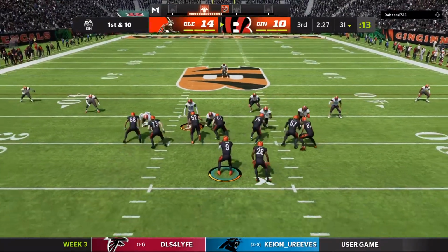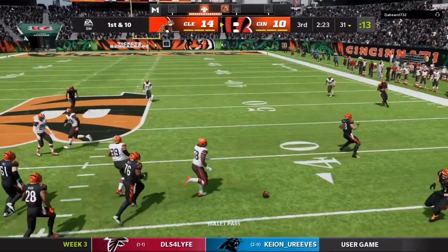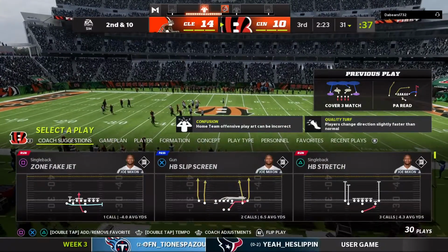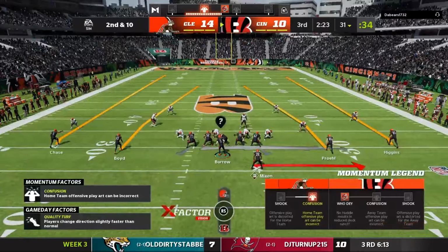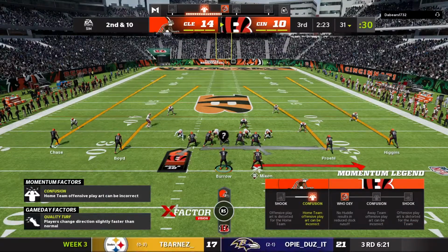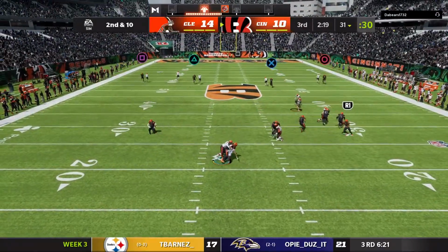Burrow going to fake to Mixon and now look to throw. And nowhere to fit that football in. It's knocked away and incomplete. He's had trouble finding open receivers all game, CD, and that's because really there hasn't been many. This defense has been all over them. Yeah, they're one of the better defenses in the league, and every time I talk to someone around the NFL, they all say the exact...